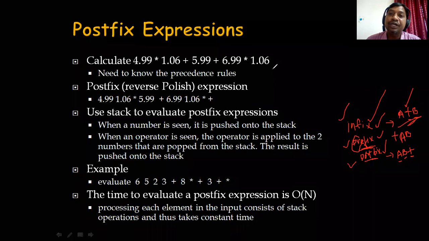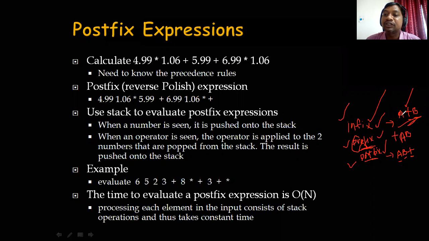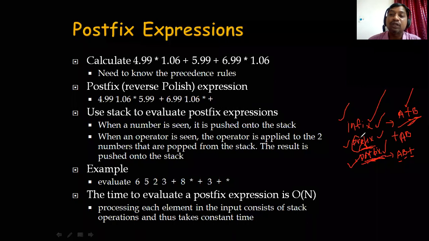For our understanding, we write our expressions in a plus b format, but while evaluating, they must be converted into postfix. There is an operational convenience when you convert an infix expression into postfix form. It takes much less time compared to evaluating infix expressions. I will give you a small example so that it will be more clear.